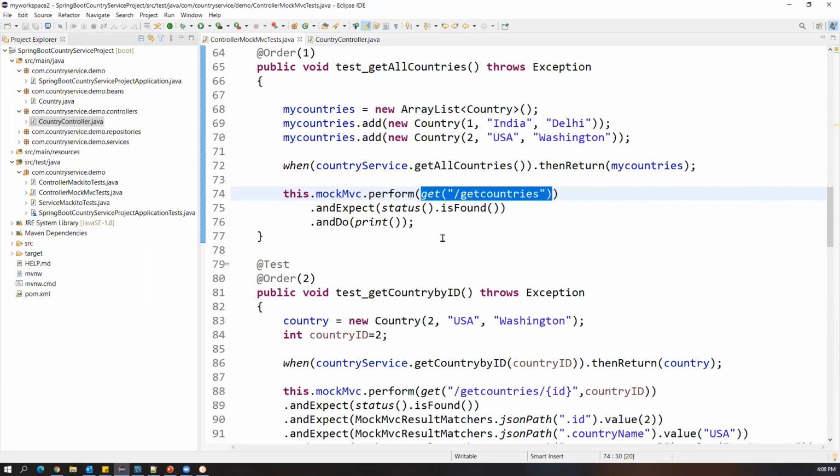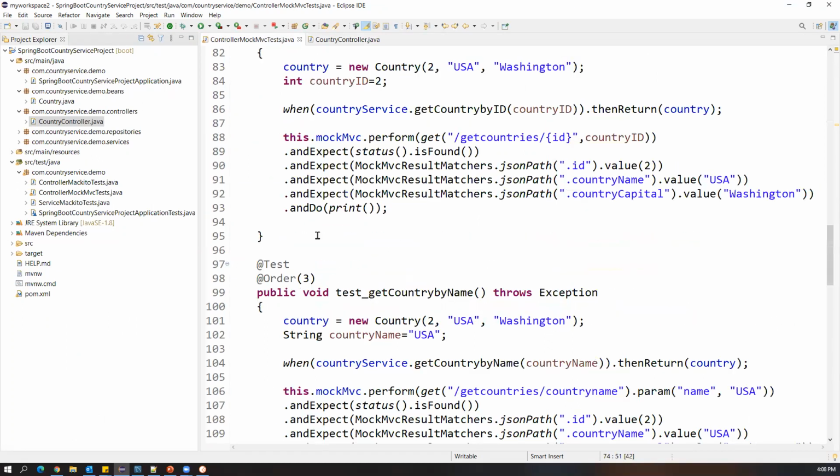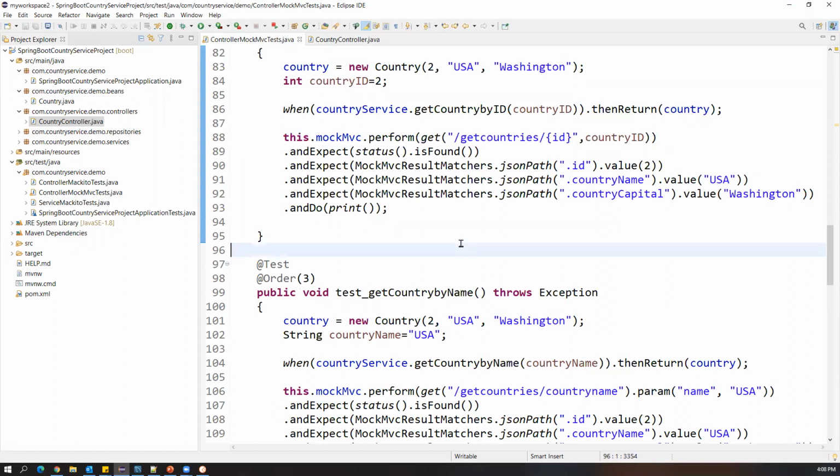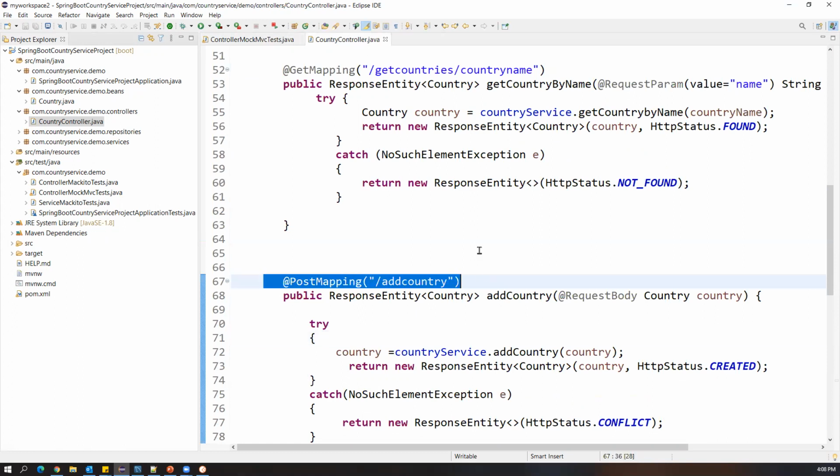So that's how we have used this perform method in every unit test case to invoke that particular controller method. We have successfully tested all the methods by passing these URLs.